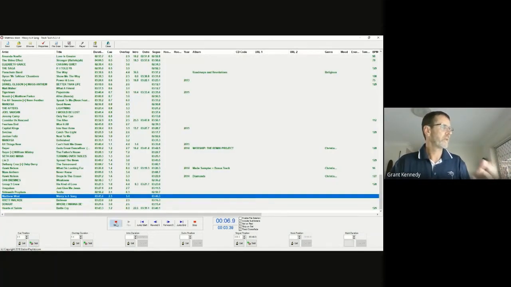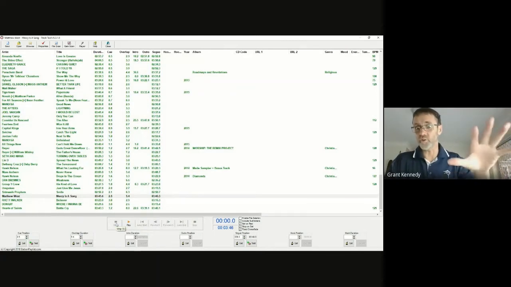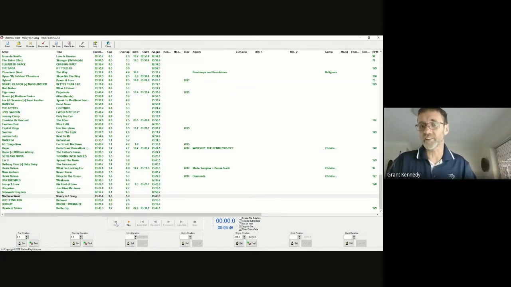Okay, we've left some of that in there, but we've chopped out 2.5 seconds of it. We could actually chop out more. You could make the cue position probably 4 seconds quite happily.